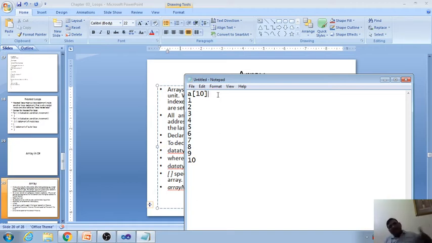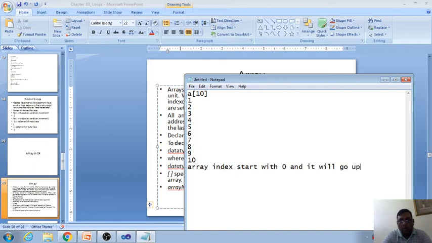Same here, the array index starts with 0, and it will go up to n-1, where n is the size of the array.